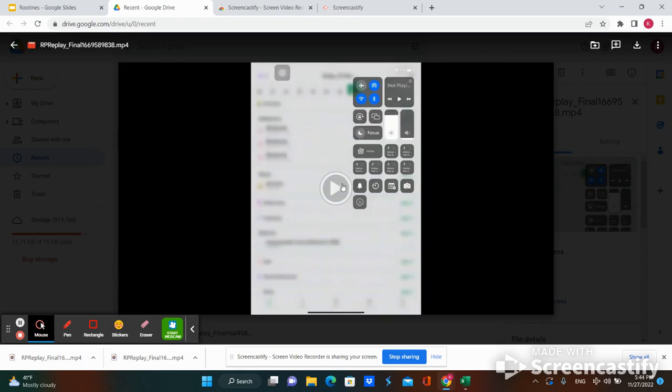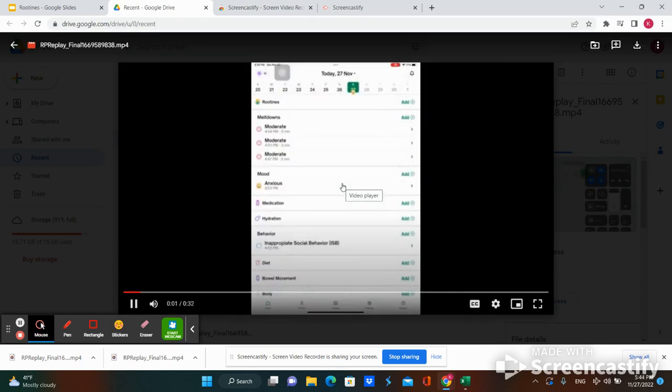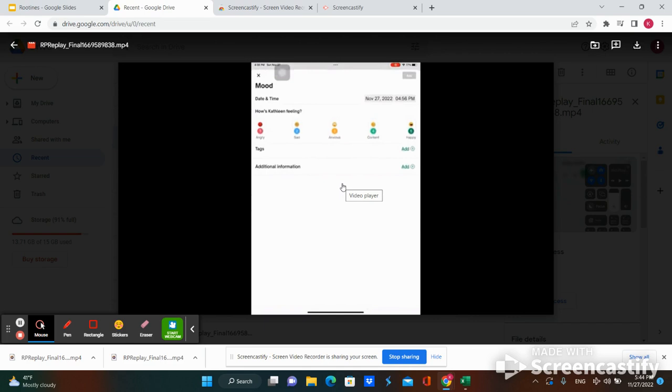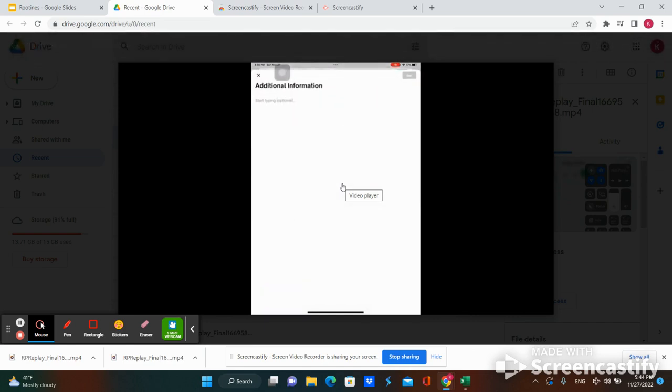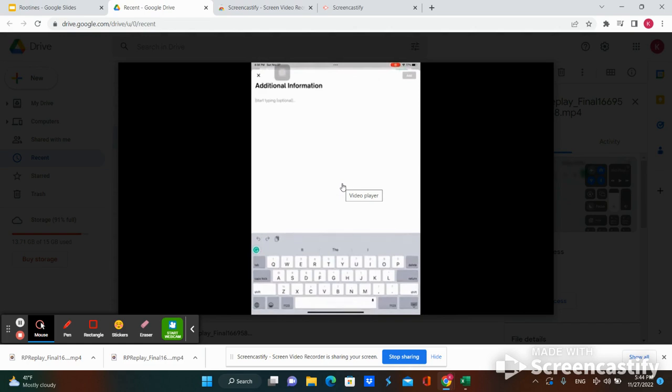We've got 2 left. So this one is going to help us track mood. As you can see, it gives you a list: angry, sad, anxious, and you can press which one. And there's room for additional information. So you can say, Kathleen's pet goldfish died today, and maybe that can give you a cue into why they're upset. But actually, if I was to implement this into a classroom, I would have the students fill out this part.